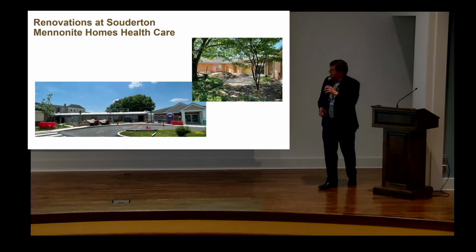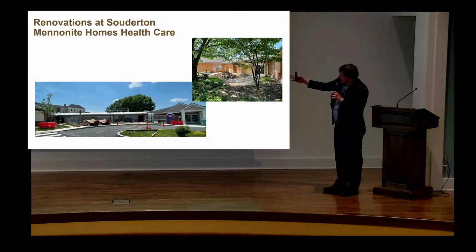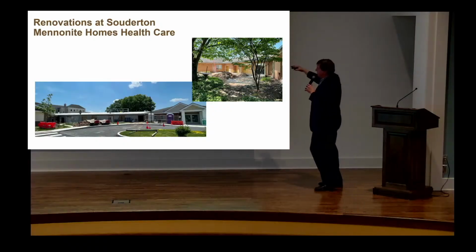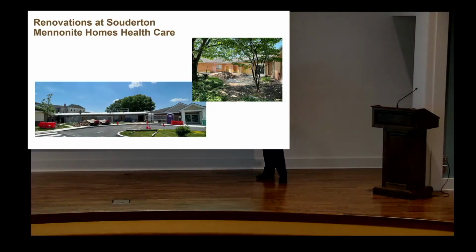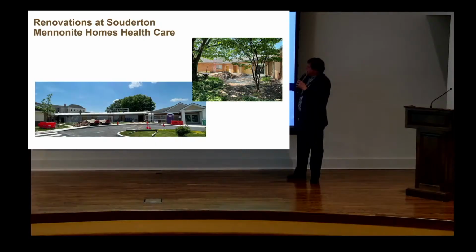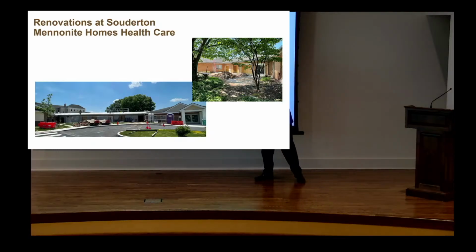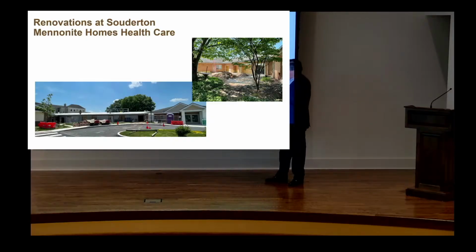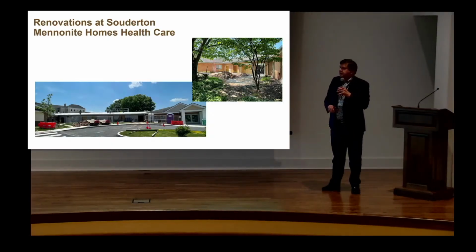This is some other views of Azalea Lane on the bottom picture. This is the courtyard. We're actually expanding what is the activities room in the healthcare area to come out into the courtyard. So that's why that activities room kept getting smaller with the interior walls. And then here is the new entrance that we put in to Azalea and Lavender Lanes and into Serenata as well. To the left there, the facade of the building, we're lowering the windows so that residents can see out more easily when they're sitting in a wheelchair or whatever.